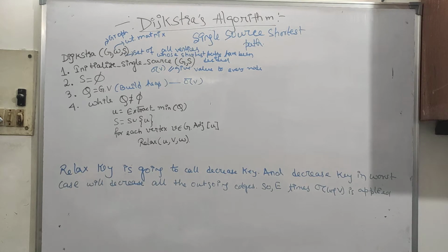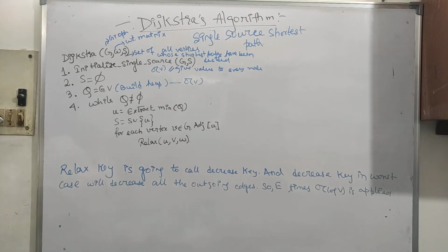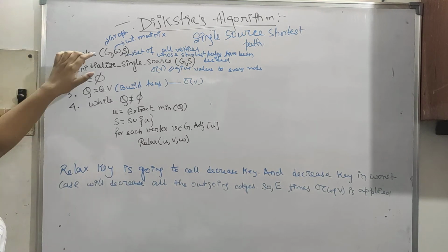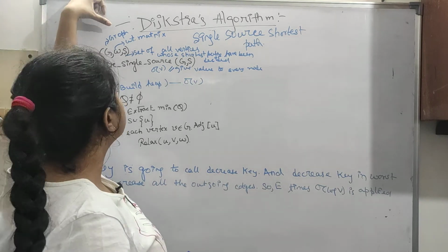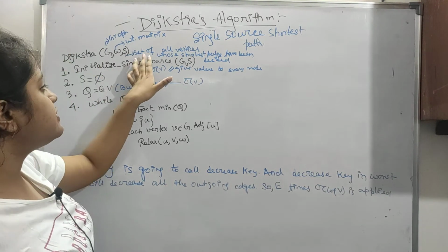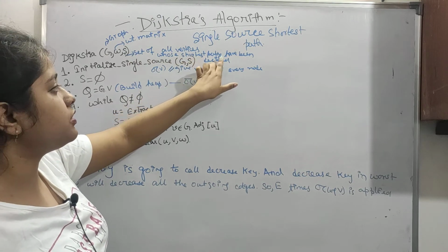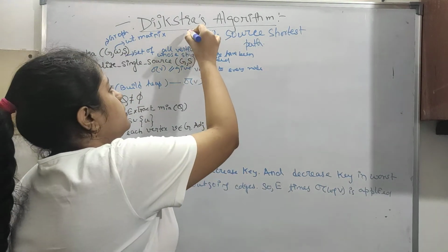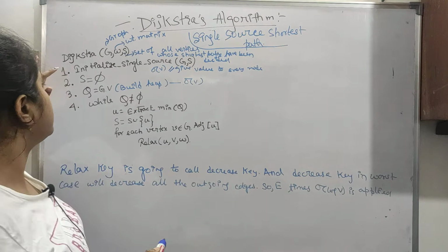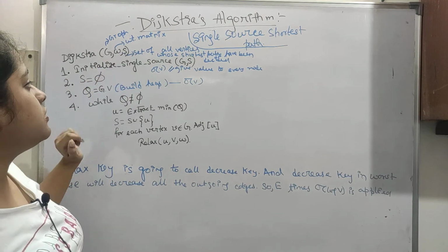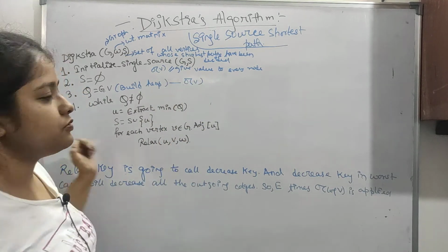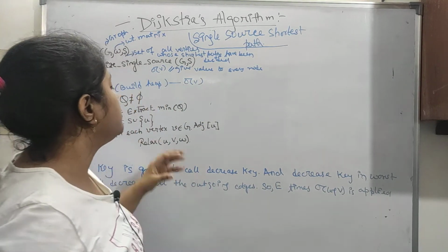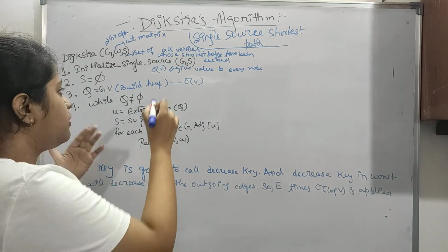So now let's see the algorithm here. I have written it down, so if you want, you can take a note of it. Dijkstra(G, W, S), where G is the graph and W is the weight matrix. S is the set of all vertices whose shortest path has been decided already. Now initialize single source (G, S). Now give the value to every node. So like we are giving the value to every node using this, and this will take order of V.